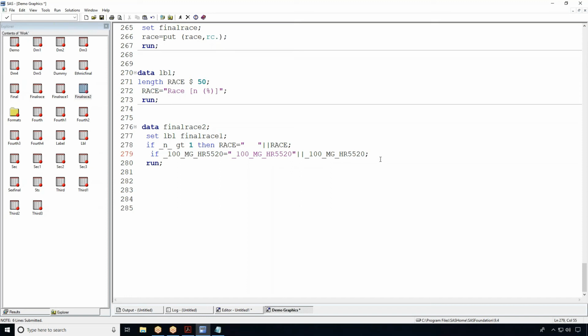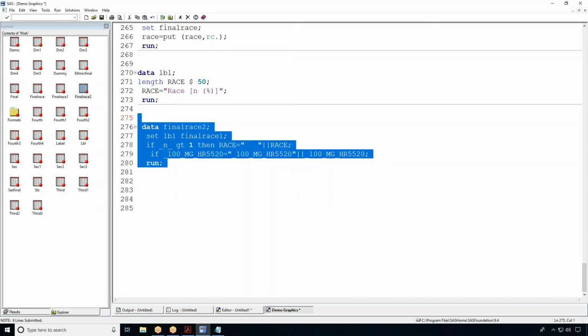That means I'm adding a space. So we will see for one variable how it looks. So now go there and final race 2, if you see,